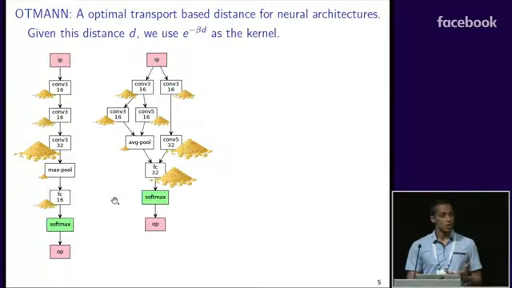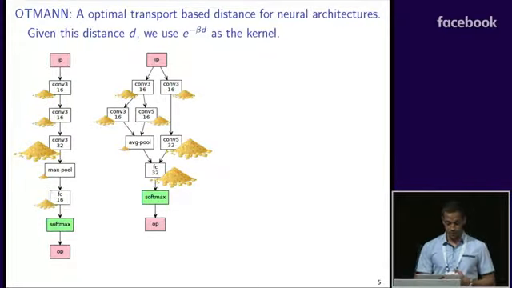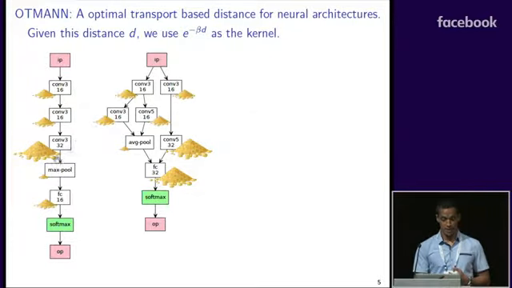What we're going to do is pretend that there's a pile of sand next to each of these layers. So for example, this layer over here has 32 filters, so it has a big pile. This layer over here has 32 filters, so it has a big pile of sand. But this layer has just 16 filters, so it has a small pile of sand. And what we're going to do is try and match the piles of sand over here to the piles of sand over here.